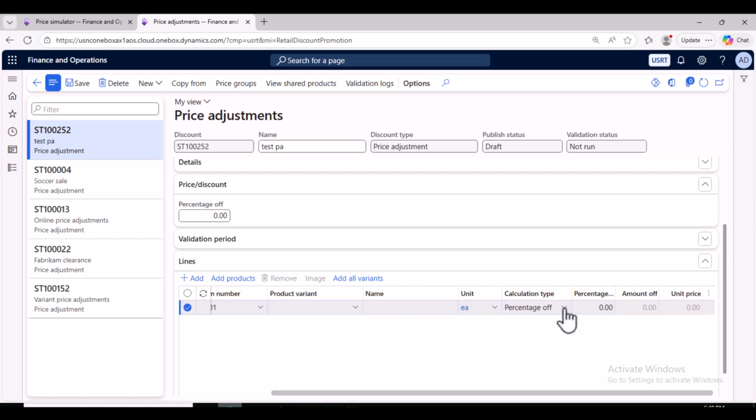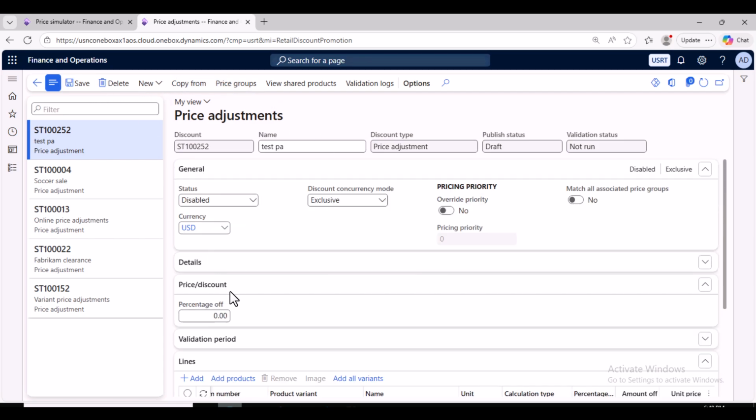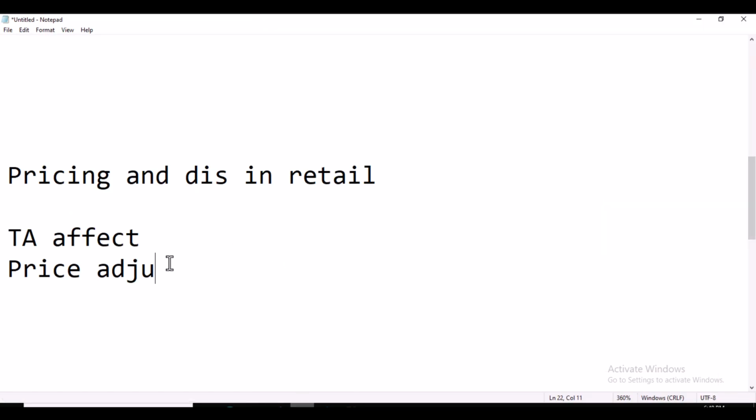Here we have different calculations, either unit price, either on the amount or percentage. Let me put a 10% discount here and I can save this. Now if I go here, initially, our initial price, basically our sales price that we see in the released product, right, it was